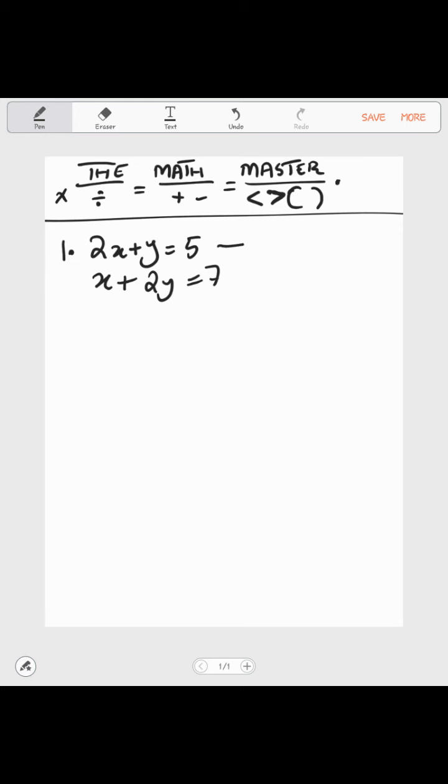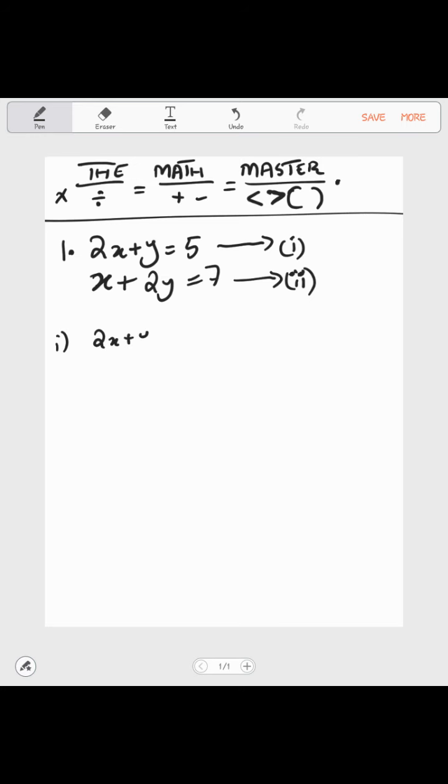So the first step is just to label them, this one as 1 and this one as 2. Don't label them a or b such as variables, because they can include variables in the question, like x plus 2y could have been a plus 2b. So don't do that. Just label them with numbers 1 and 2. So featuring the first equation over here,